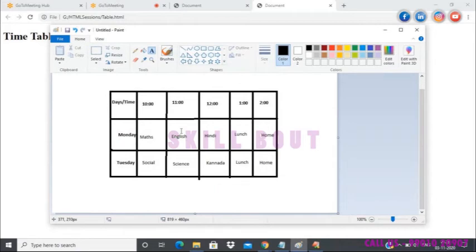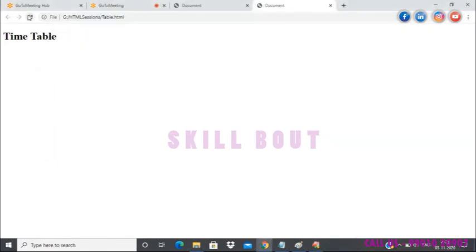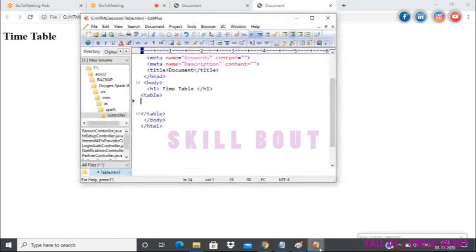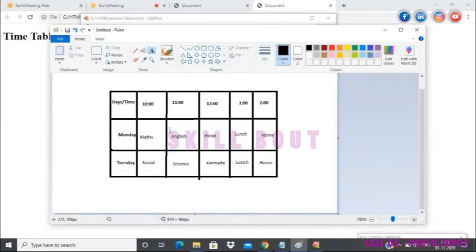Using which I'm going to create a table in the HTML file. So if I have to get the table like this, what I have to do, I have just created a tag called the table tag, which is currently not displaying anything. Now, let us focus on creating the first column, or we will just create a column with no borders available.